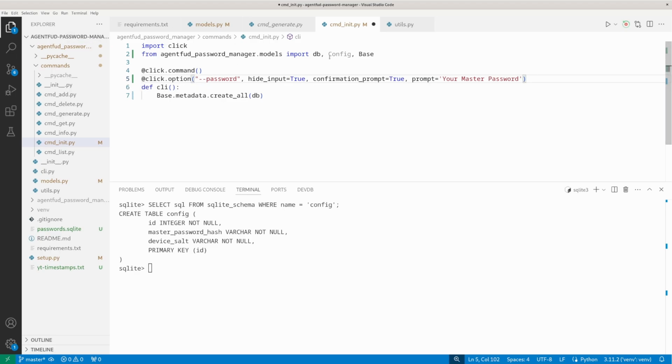I'm gonna hide the input because I don't wanna print what the user types on the screen. Confirmation prompt we also need, and the prompt is gonna be master password, and also this is an argument which I need. Okay, so but first